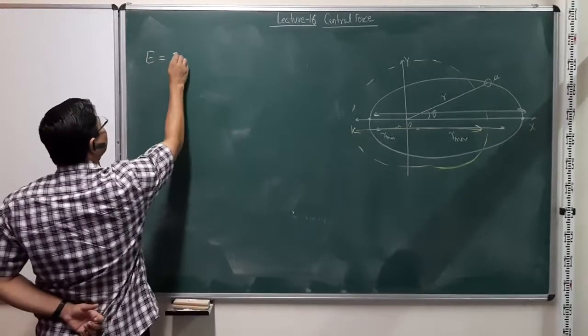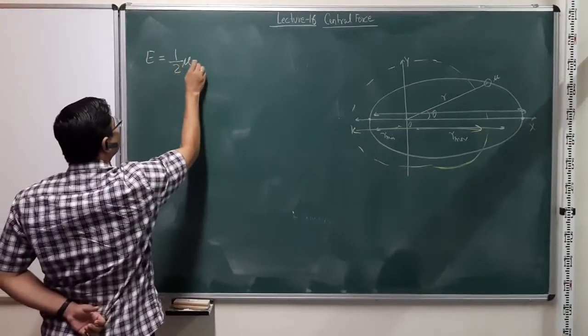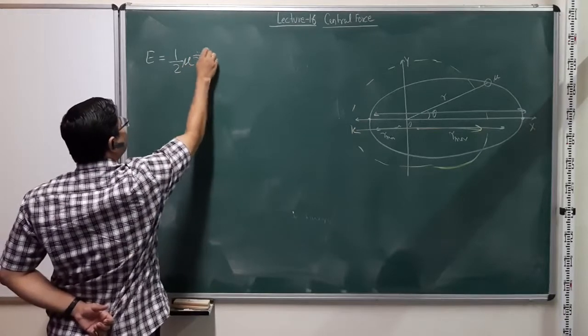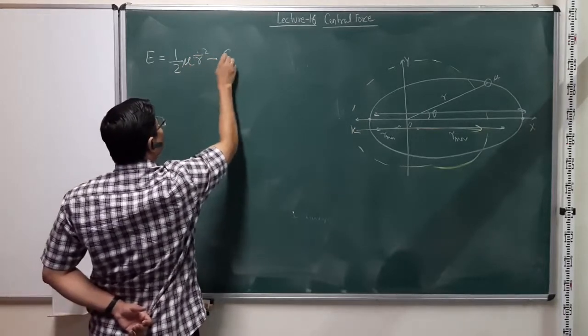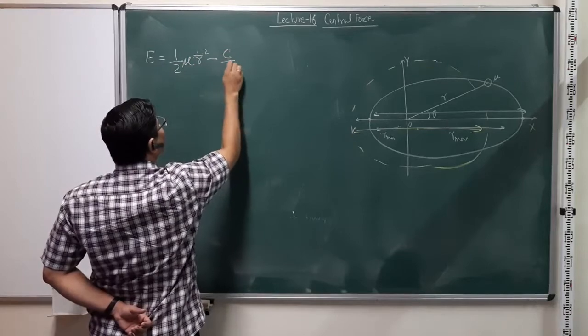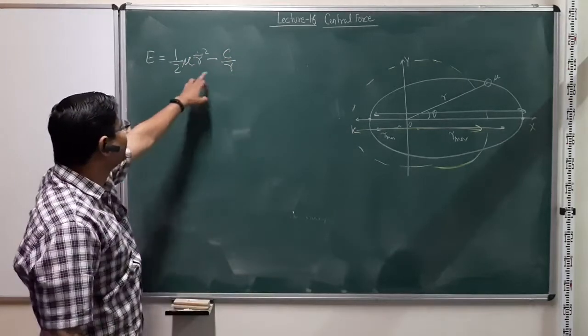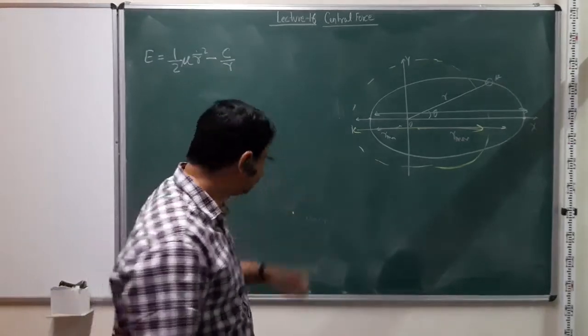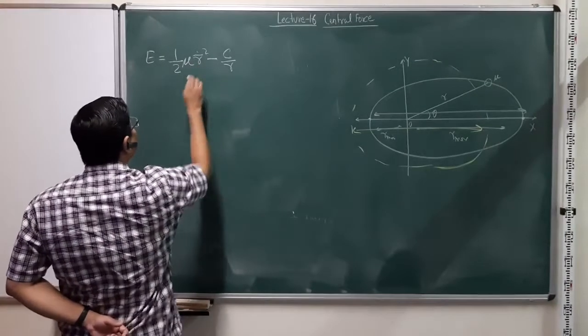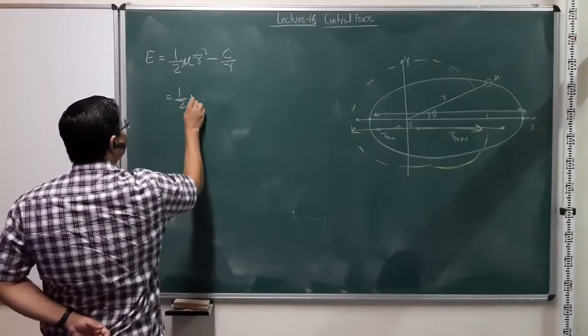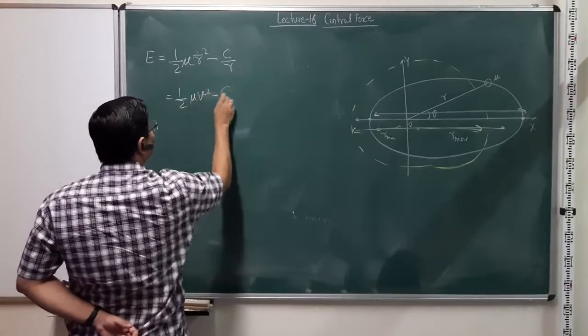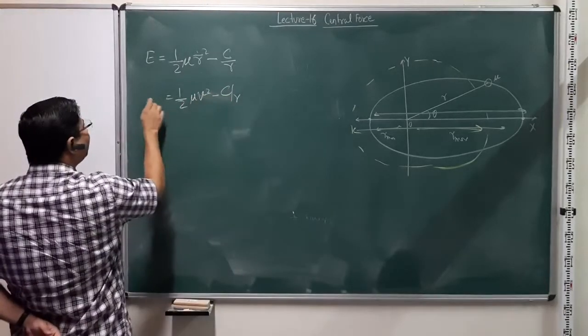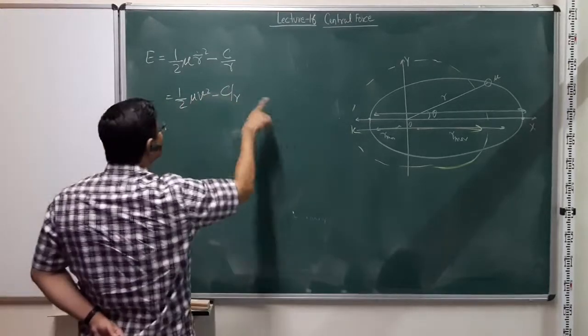So energy, we wrote down as mu and r dot square, and in this case now minus c over r, so the kinetic energy and the potential energy, right, and then this is nothing but v square, so half mu v square minus c over r, and now we can use our expression for energy